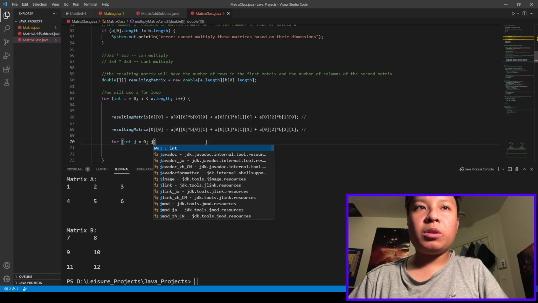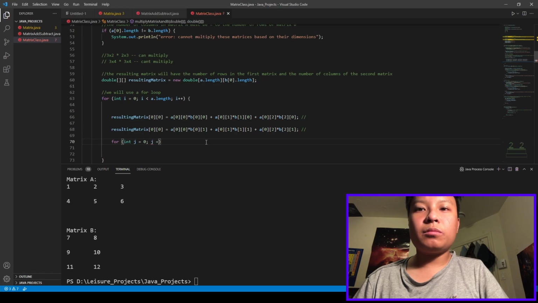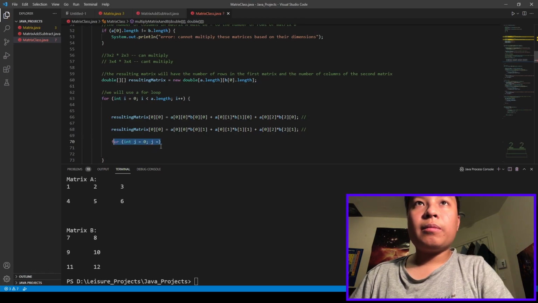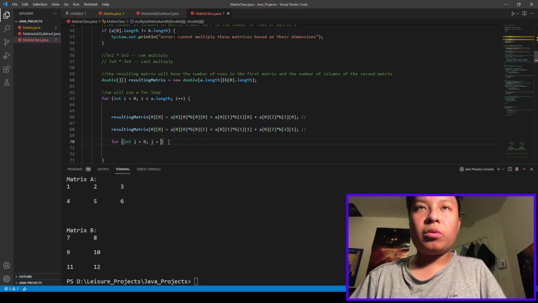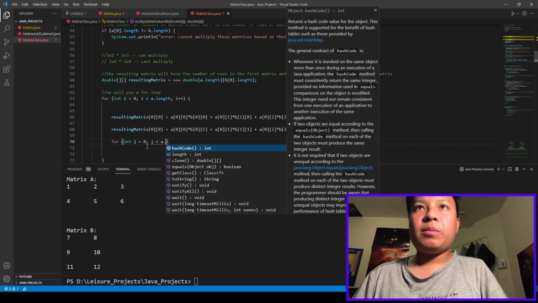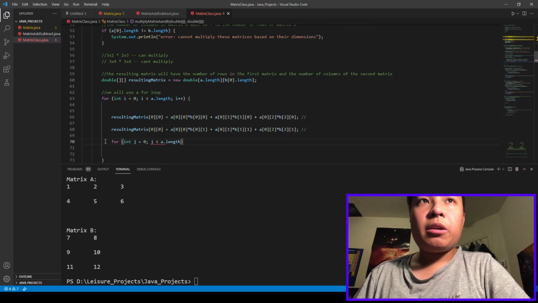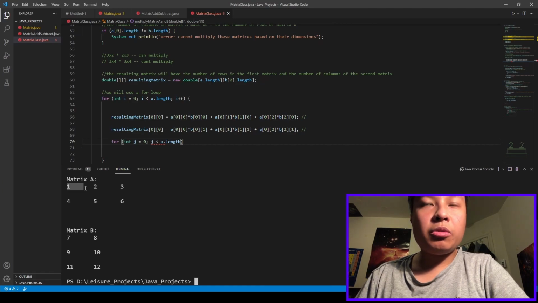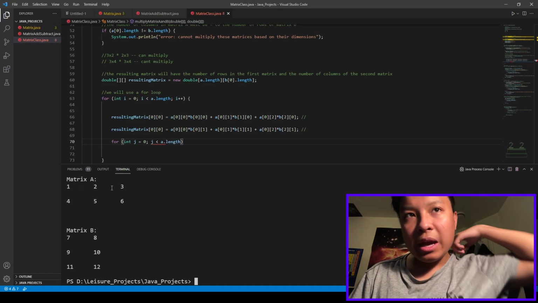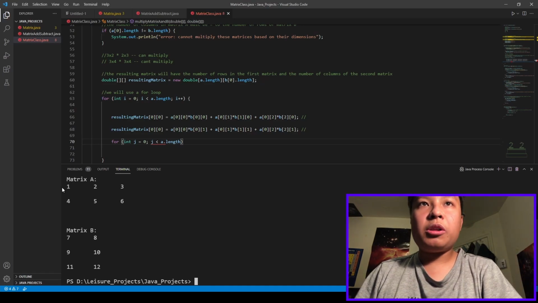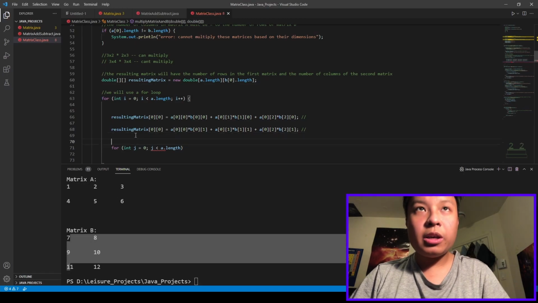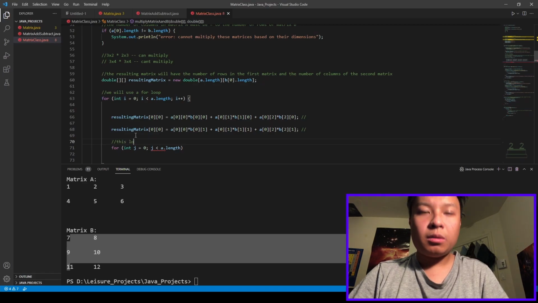J will equal... J is less than a dot length, because here I will always multiply, do the dot product from 1 to 3 up to the a dot length. So I'll use that because when I do this, this loop basically